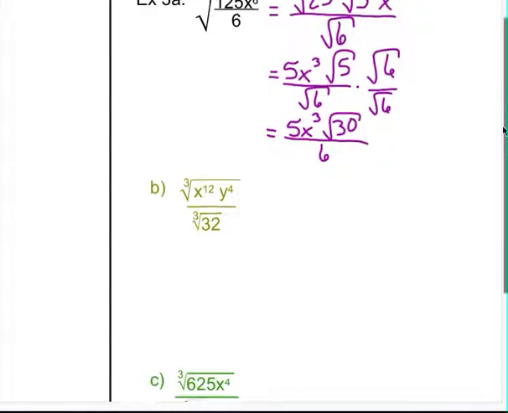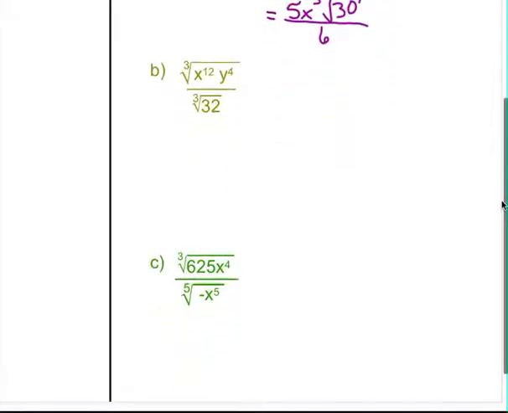Taking a look at the next one, again, I've got 2 perfect cubes, so I can put those under one radical. But I have to rationalize the denominator anyway, so I'm going to hold off on that until I rationalize the denominator, and then I'll simplify everything together. So looking here, 12 is a multiple of 3. So I'm going to take the cube root of x to the 12th, which is x to the 4th, divide